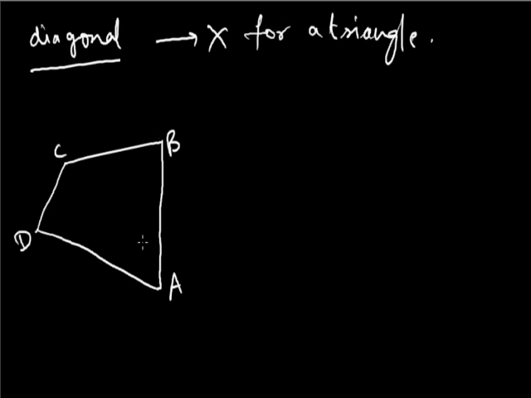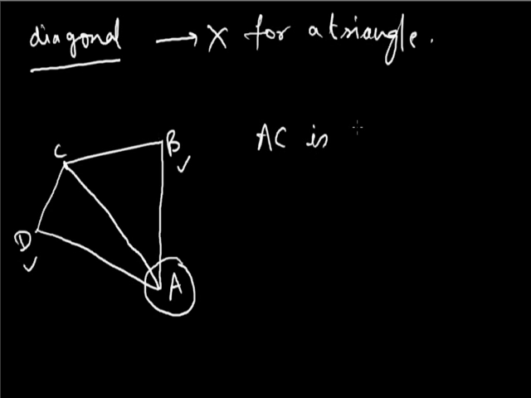Now checking the definition of a diagonal in the case of a quadrilateral, we can see that choosing vertex A at first, vertices B and D are its consecutive vertices. So the remaining vertex is C. C is the non-consecutive vertex for vertex A. By joining C and A, I will obtain a line segment which is called a diagonal of the quadrilateral.